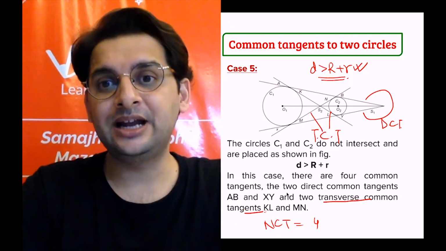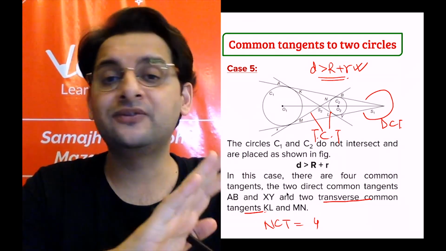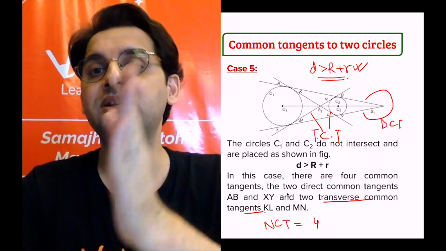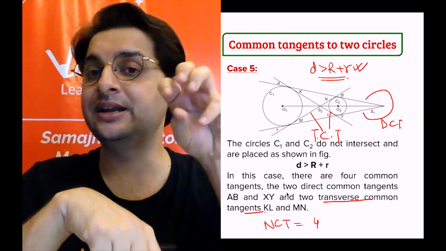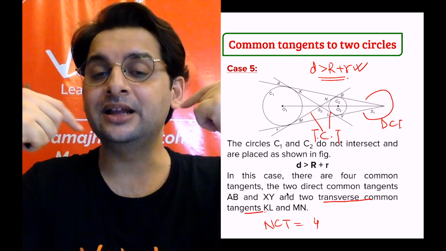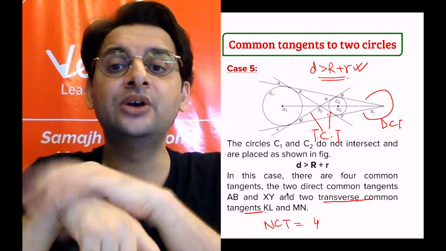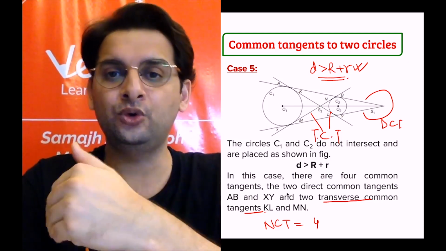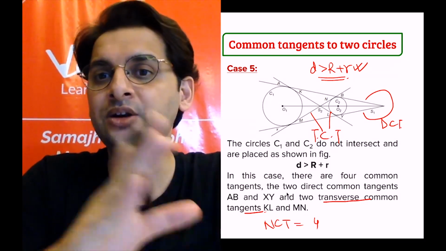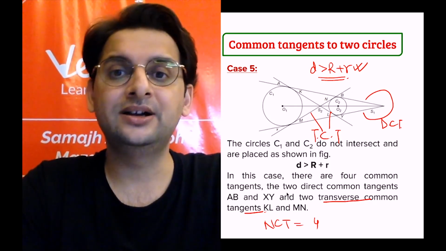One thing that you should keep in mind is that in no 2 of the 5 cases is the number of common tangents the same. So the number of common tangents case wise was 0, 1, 2, 3, 4. That is the circle completely inside the other circle, circle touching the other circle internally, intersecting circles, the circle touching the other circle externally, and 2 circles outside of each other. Then in no 2 of the cases is the number of common tangents the same. So 5 different cases of different common tangents.